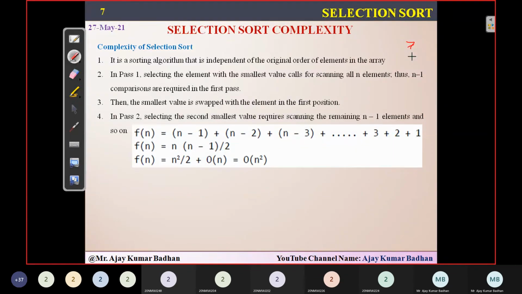And in the second pass, since we have got the smallest first one, this is left. How many remaining elements are we left with? 6. So among these 6, I'm trying to find the smallest element. And later, in the next pass, I'm trying to find the smallest element from the remaining 5 elements. And then in the next pass, from the remaining 4 elements. Then 3 elements, then 2, and finally 1.